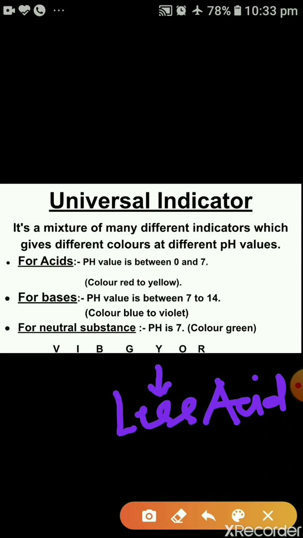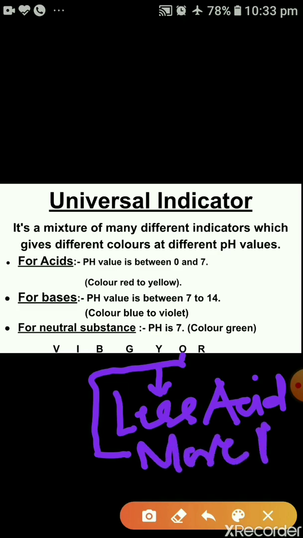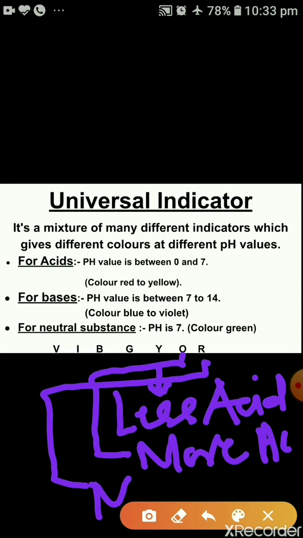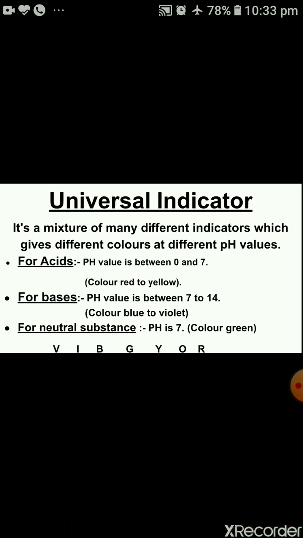If we are moving further with O, then O means orange, it will be more basic than that, more acidic, and then if we are getting a color like dark red, then it will be most acidic. In this way you can find out: if the color is dark red, it will be more acidic. If the color is light, then it will be less acidic. So in this way the different colors are indicating the strength of acids and bases also.